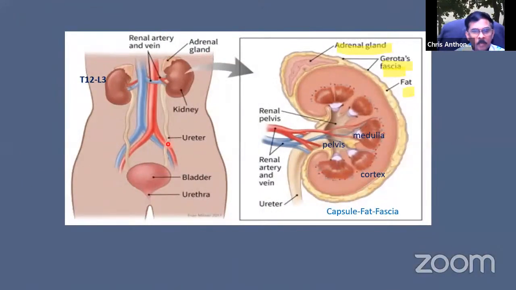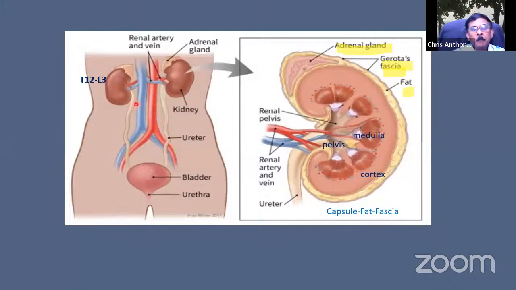This slide shows the general outline of the urinary system. Before you go on, the first 2-3 slides are on anatomy. In the anatomy, you mainly look for the covering of the kidney, the various layers of the kidney: capsule, fat, and fascia. Capsule of the kidney, perinephric fat, and the Gerota's fascia. This is very important because when you stage the disease next time, you have to see that.